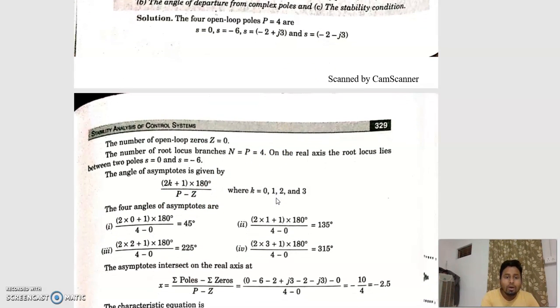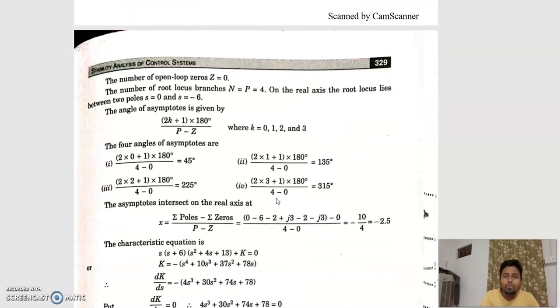Now the root locus will lie between 0 and minus 6, as we have indicated from the concept discussed in the classroom. Counting from minus infinity, and not counting infinity, the total number of poles and zeros to the right of a point must be odd. That is the basic concept we discussed in the classroom. So due to this, the root locus will lie from 0 to minus 6.